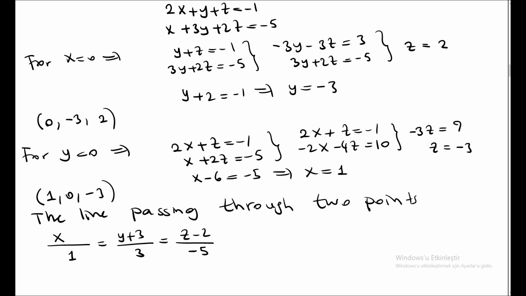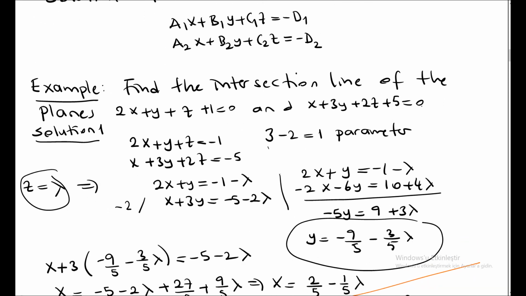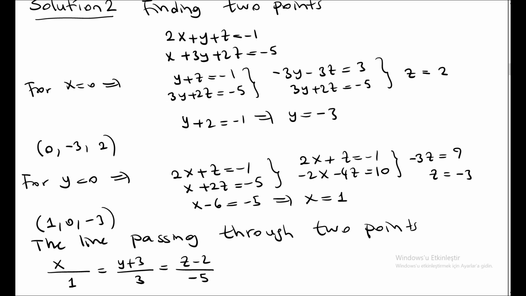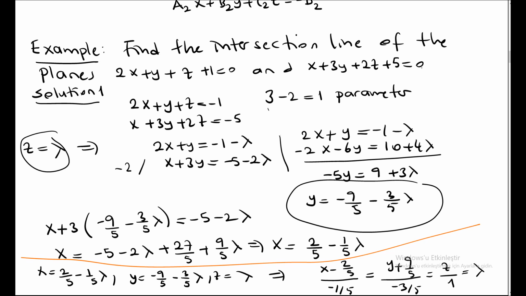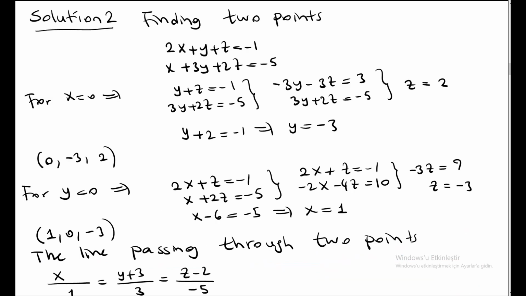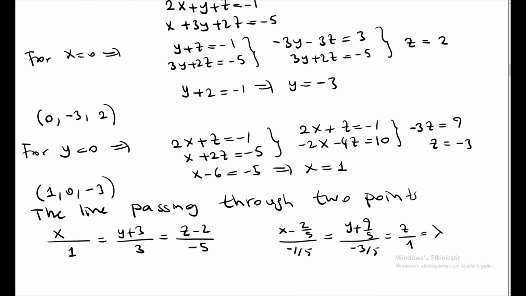Okay, you may ask, are these two lines the same? So we find here this one. Now look at this one. You have D for this one, 1, 3, 5, negative 5, right? So for this one you have negative 1 over 5, negative 3 over 5, and 1. So this also is the same. Why? Because